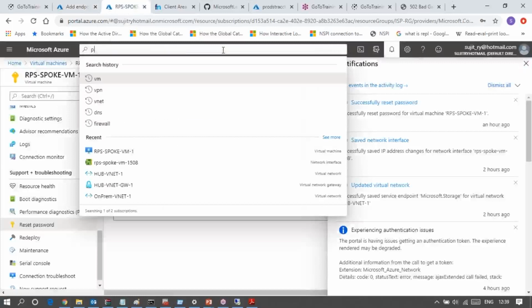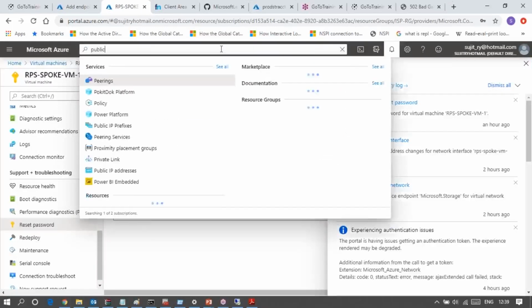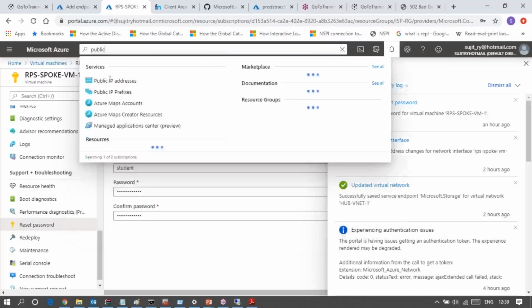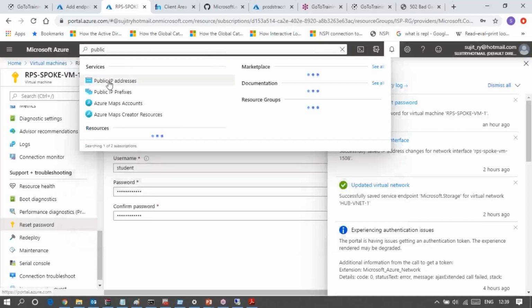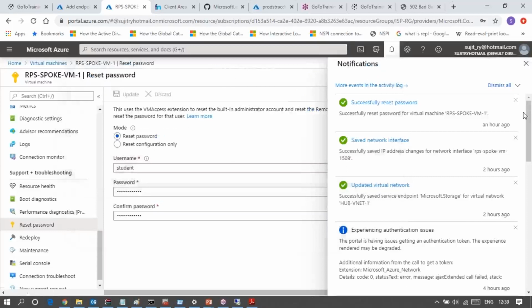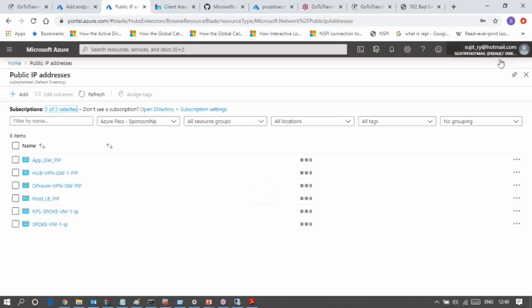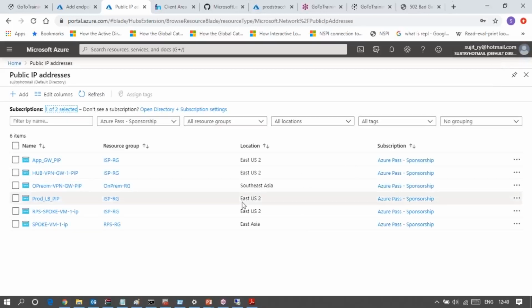Go to public IP directly. So there is a VPN gateway public IP.